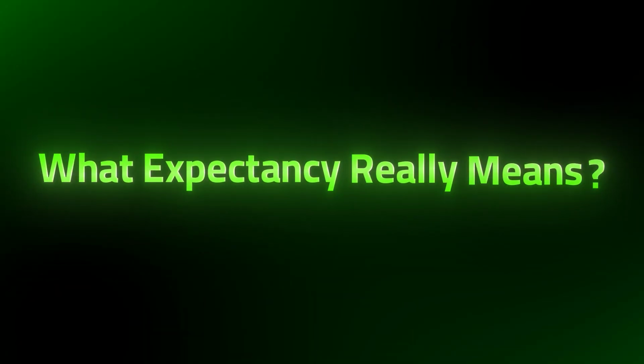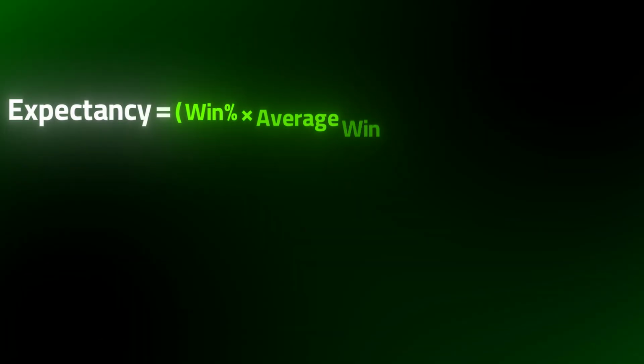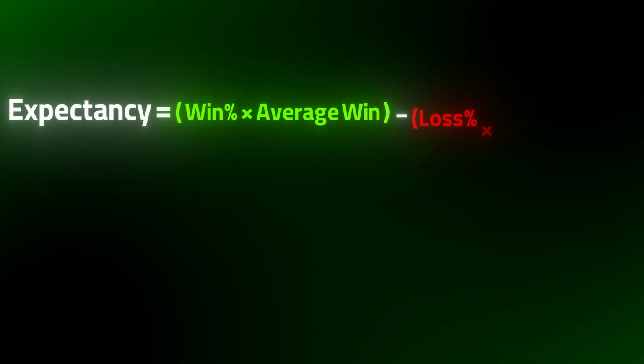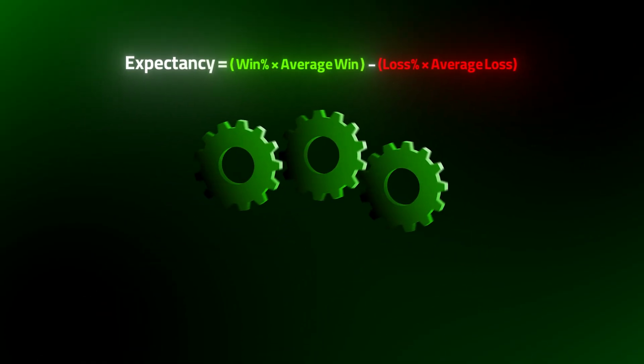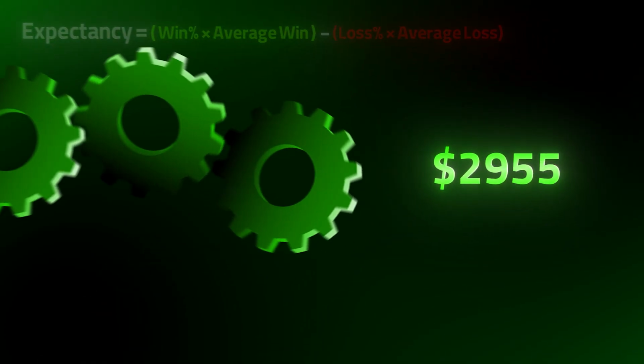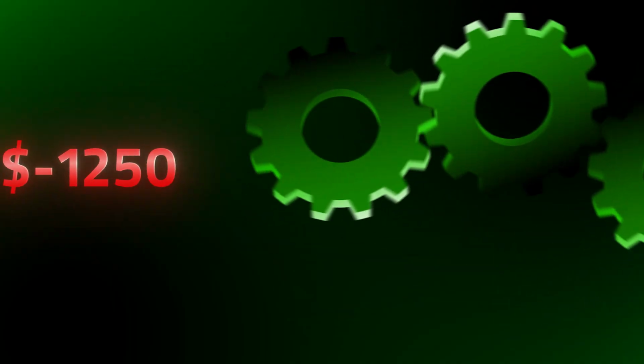What expectancy really means. Expectancy simply means the average profit or loss per trade based on real data from the system, not hope or emotion. It shows what the system delivers over time when the same rules stay in place. Expectancy is the win percentage times average win minus loss percentage times average loss. In simple terms, this formula compares how much the system makes when it wins to how much it gives back